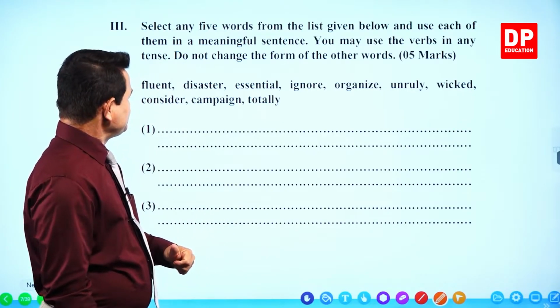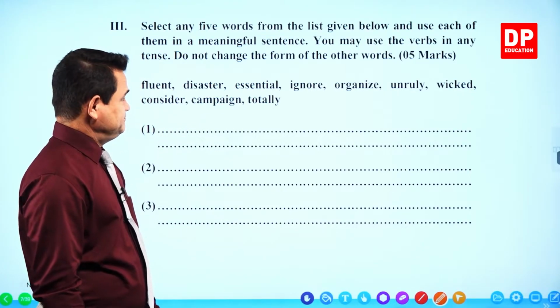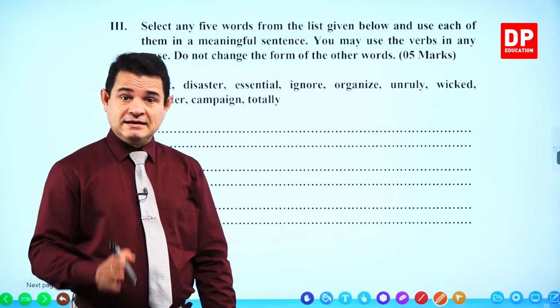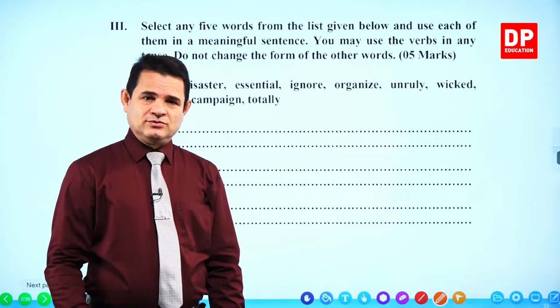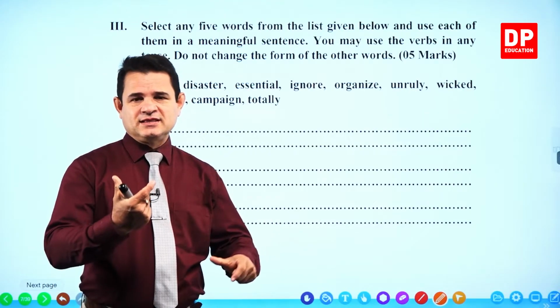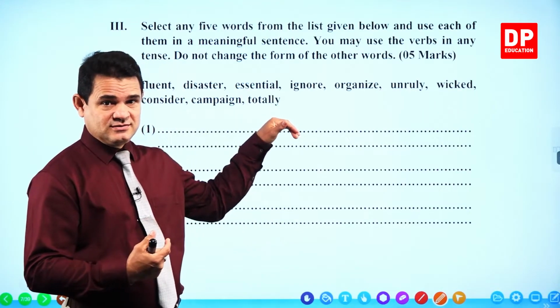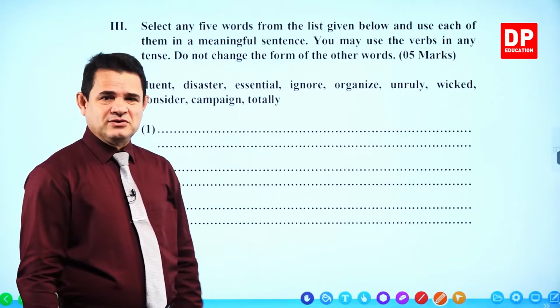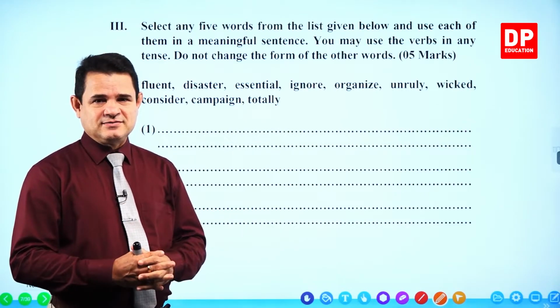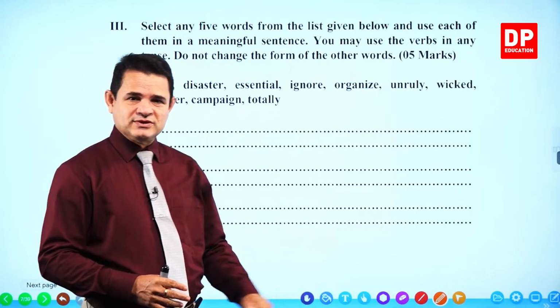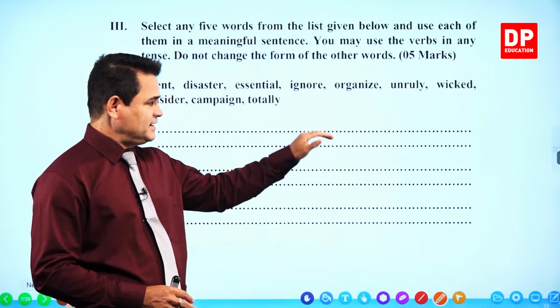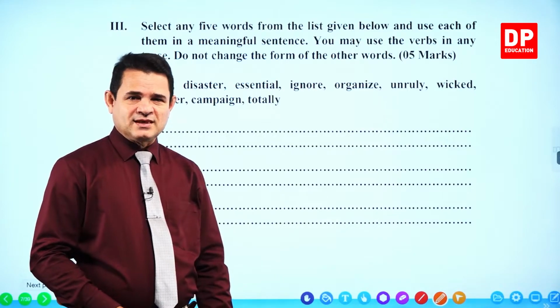And essential. So English is very essential to find a better job. හොඳ රැකියාවක් හොයාගන්න නම් ඉංග්‍රීසි අත්‍යවශ්‍යයි. Essential. Ignore කියන්නේ නොසලකා හරිනවා. So now when you answer these questions, if all the sentences are correct, if there's a